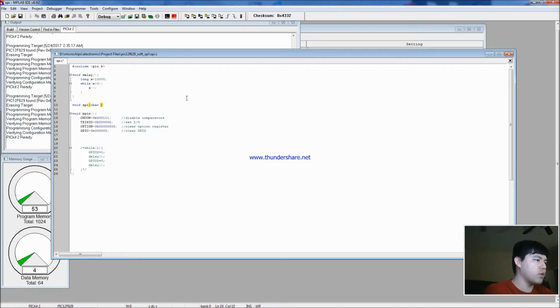So we'll call this char byte. So byte is the variable that we pass to this function called SPI, and whatever byte is, it sends out serially. So we'll just save that,